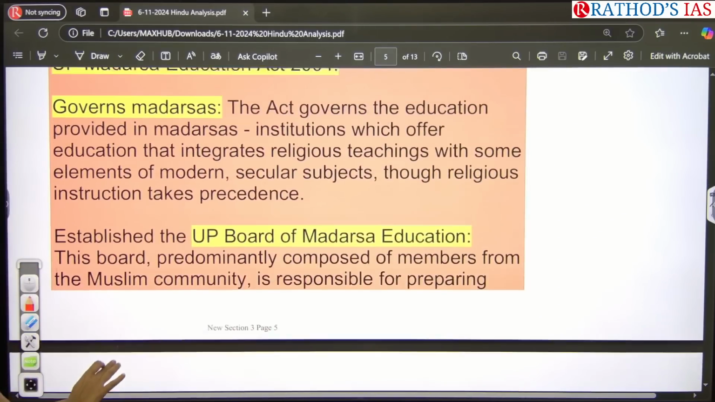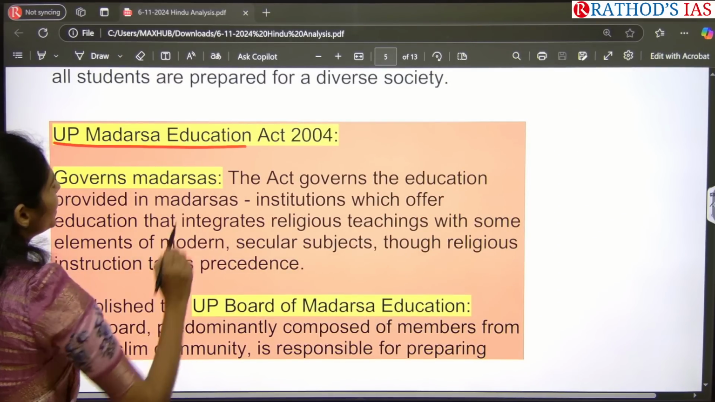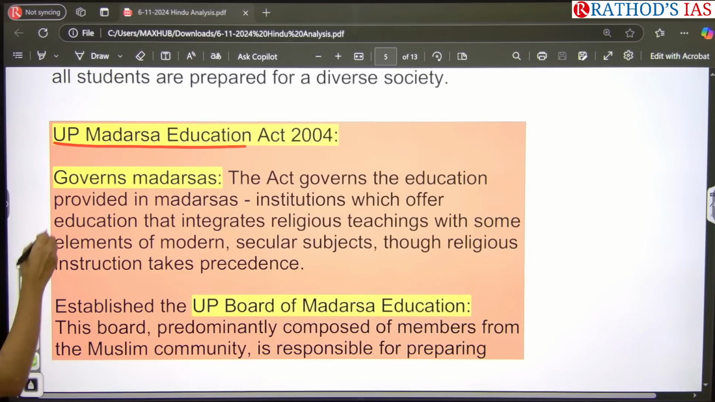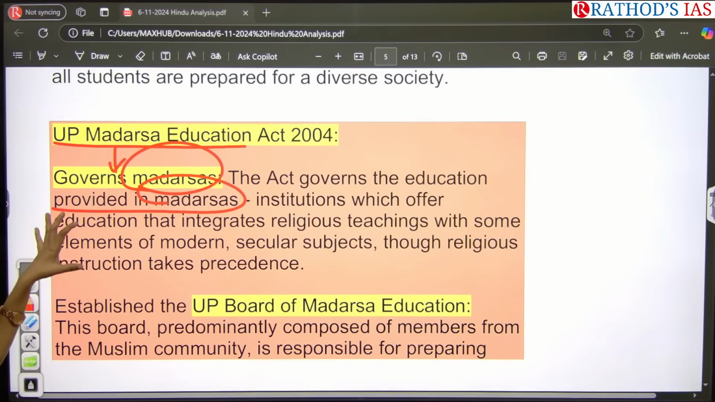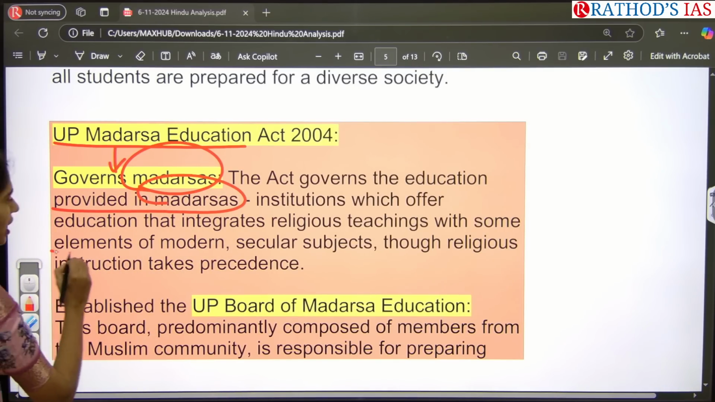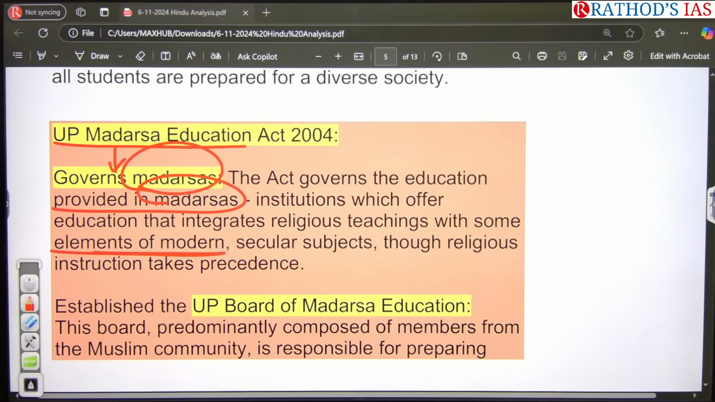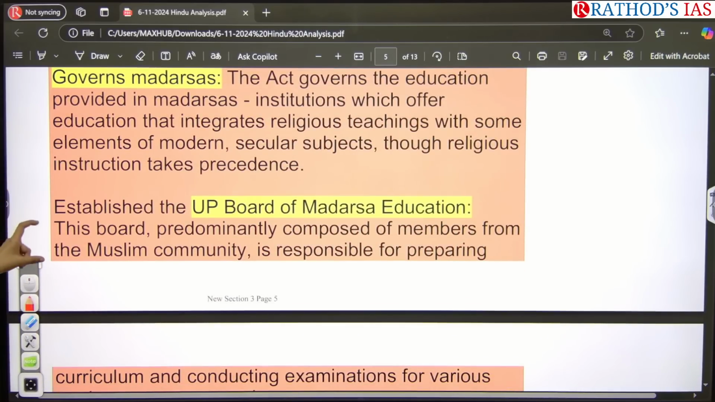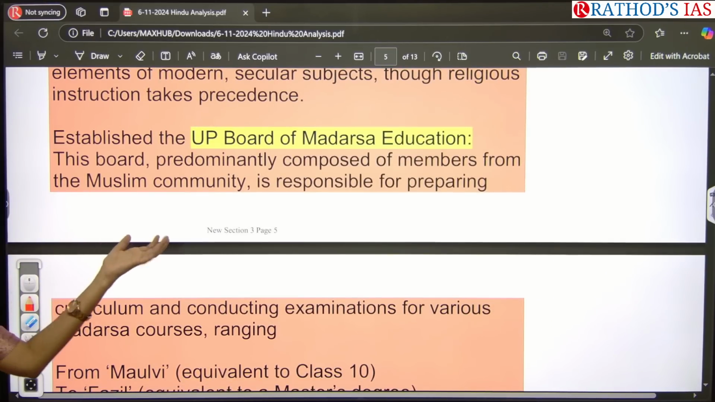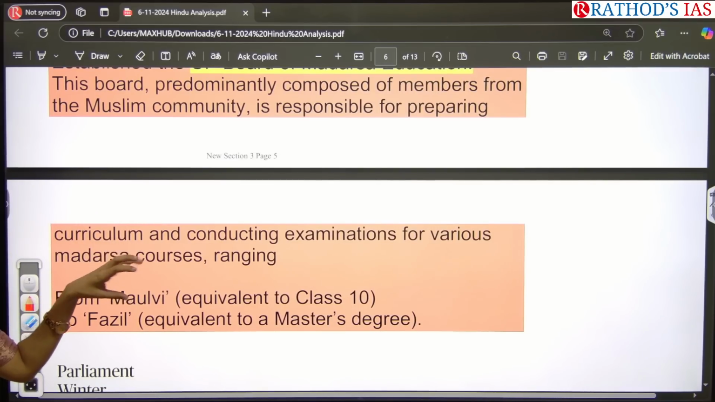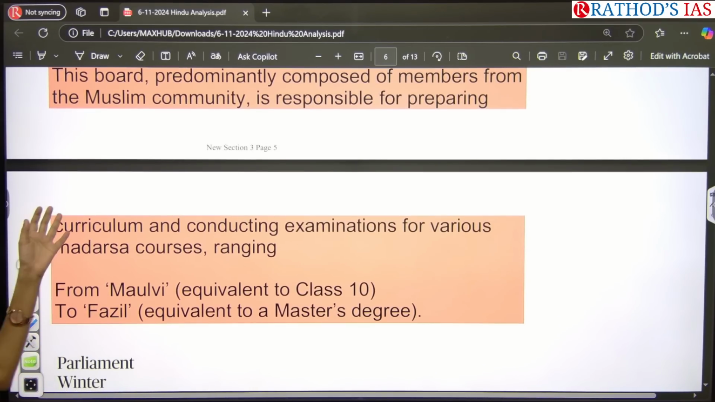Okay, so see this Madrasa Act, the UP Madrasa Education Act of 2004. This act governs education which is provided in madrasas, and it includes religious teachings, and they also include some elements of modern secular subjects through religious instructions. So this act established the UP Board of Madrasa Education, and this board will combine members normally from the Muslim community, and these board people are responsible for preparing curriculum or conducting any